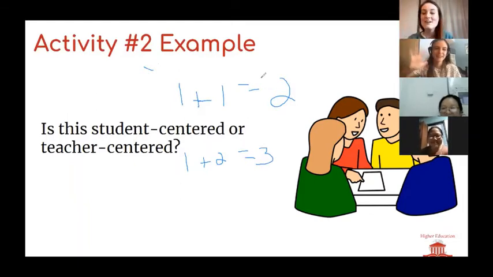Is that teacher-centered or student-centered? Student-centered. Okay, good. So you're going to make